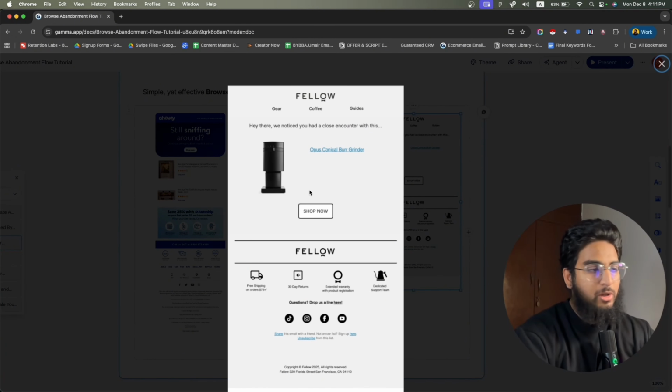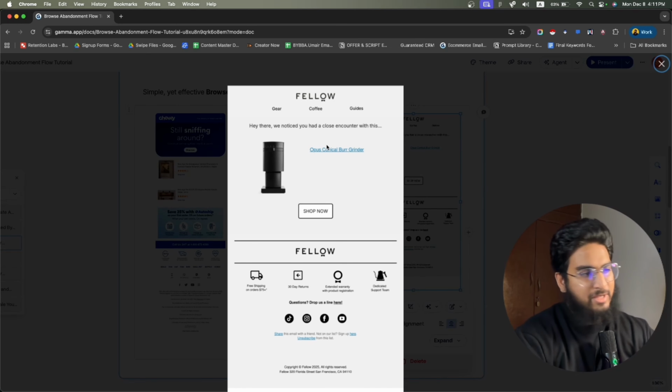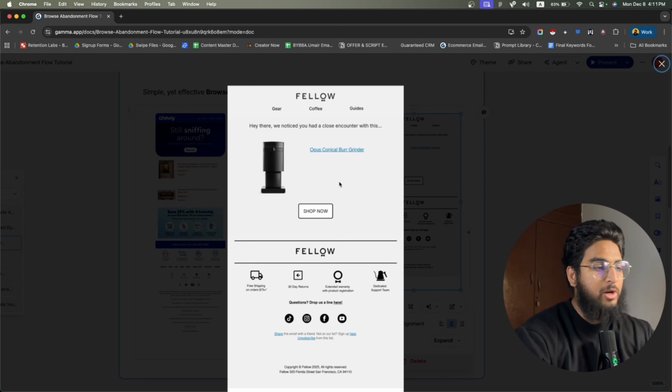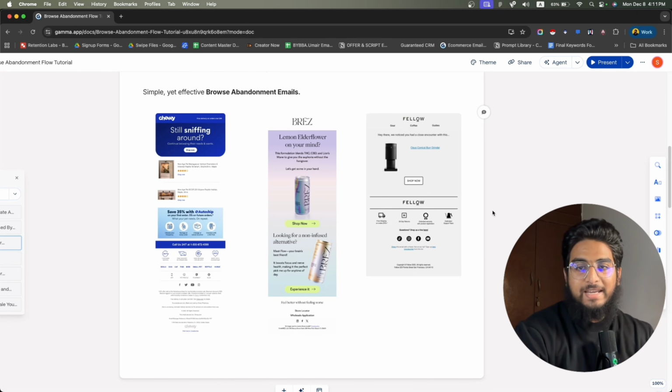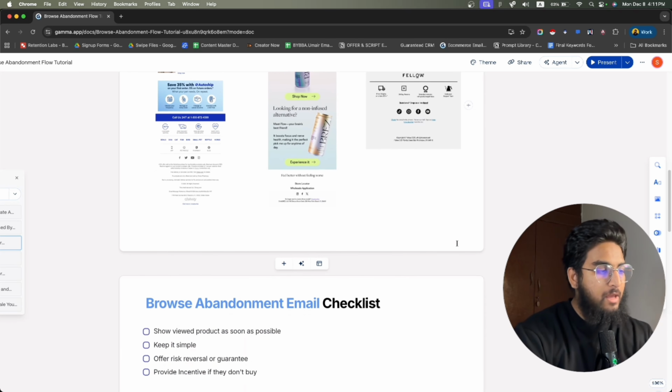Similarly, Fellow, which is also a huge brand known for their coffee makers, follows the same strategy. There's a headline here, not really a headline, but some subtext, shows the customer the product that they abandoned, a call to action, some risk reversal and incentive like free shipping, 30-day returns, extended warranty, etc. So, on studying these three emails, we understand the core parts of a browse abandonment email, which is show